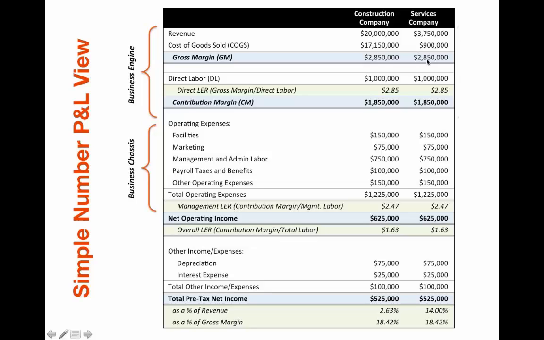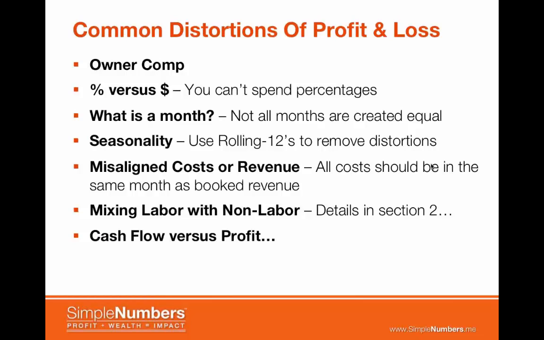And once you get through the top part of the business here, you realize that they both have exactly the same gross margin dollars on a much smaller top line scale, and they look exactly the same the rest of the way down. This is the reason why we use this concept, because we can take all of you on this call and start at gross margin and have a very robust discussion when you organize your data in this format. So the key is getting rid of the owner comp distortions, understanding that you can't spend percentages,